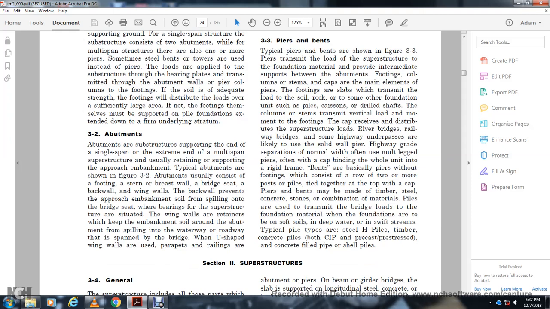3-2 Abutments. Abutments are substructures supporting the end of a single span or the extreme end of a multi-span structure, usually with a retaining wall supporting the approach embankment. Typical abutments are shown in Figure 3-2. The abutments usually consist of a footing, stem or breast wall, a bridge seat, a back wall, and wing walls. The back wall prevents the approaching embankment